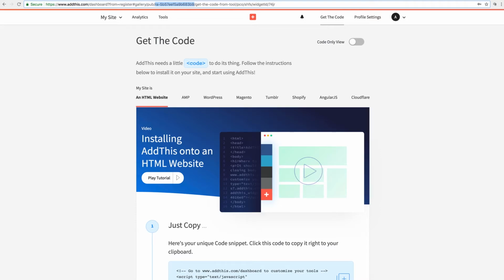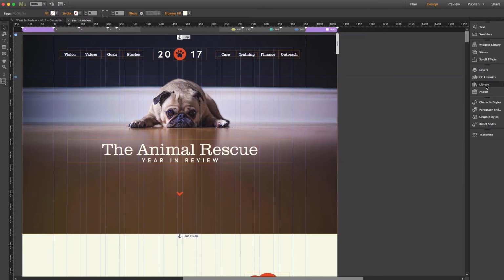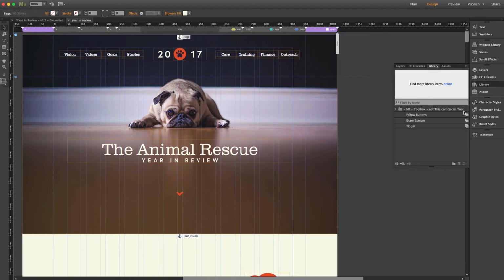Let me switch over to Muse where I've got our year in review theme pulled up and ready to customize. Now let's jump into our library where we've got our AddThis widget already imported. And from the drop-down, we can see 3 options that we already mentioned. We have follow buttons, share buttons, and tip jar. So let me grab a share button since we just created one of those, and we'll drag it out onto